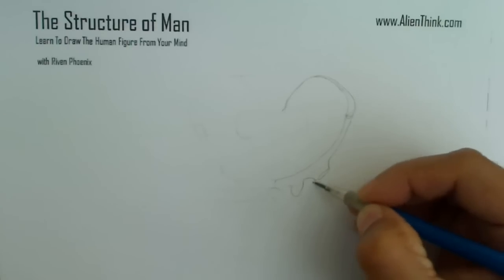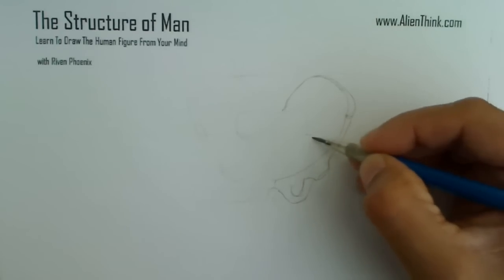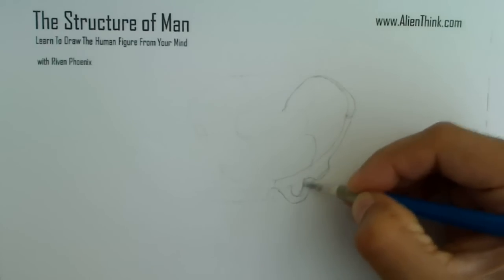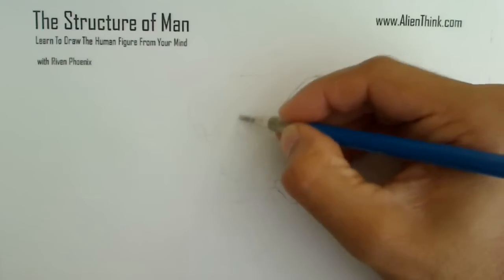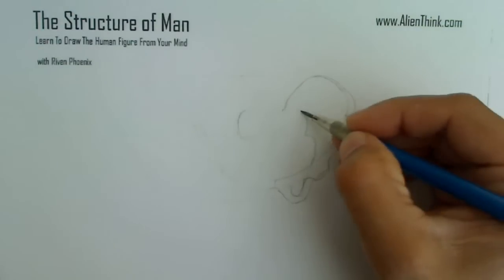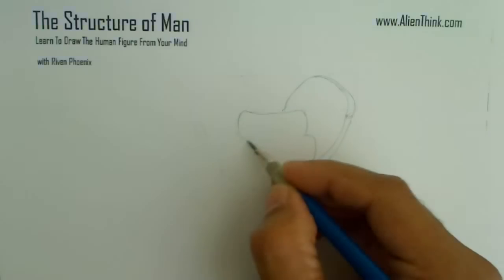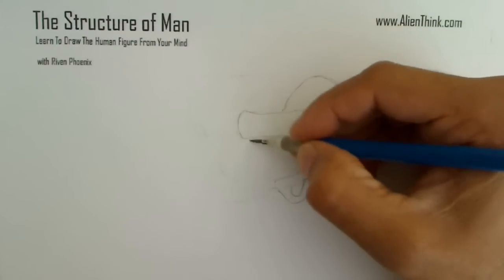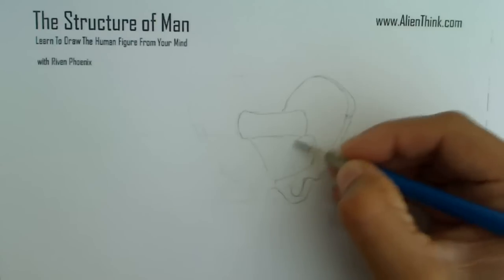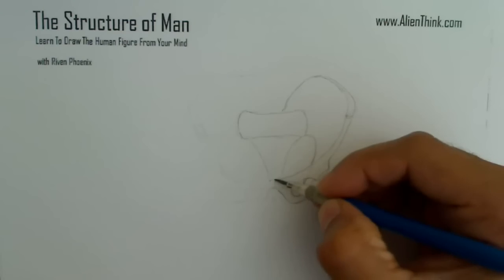I'm going to get this like this. Really, it's just going to go in the back over here, and then over here I'm going to curve back in. Right, and this is going to be the area for the sacrum. So you can even put it in a little more if you wanted to. I usually just do it this way. And over here is where you're going to get that small area for the sacrum, right?